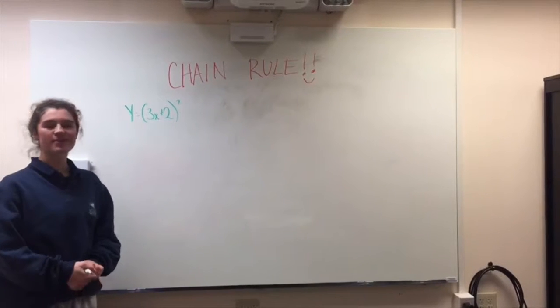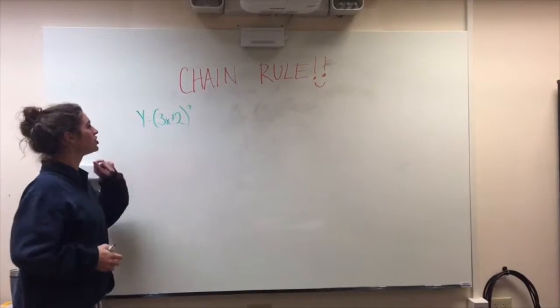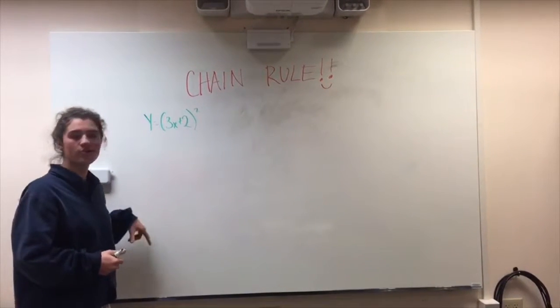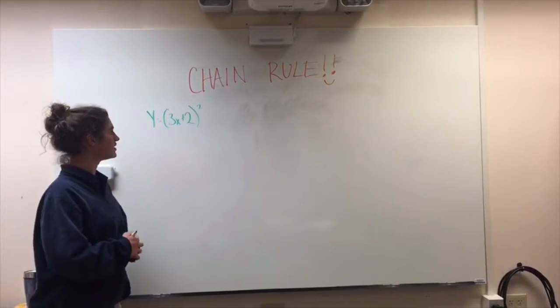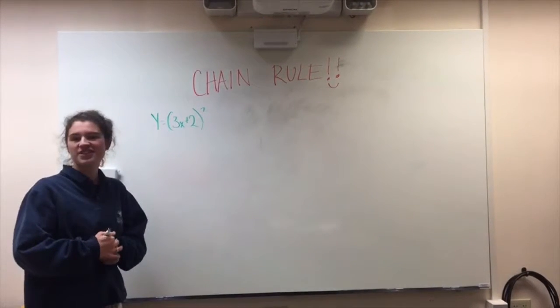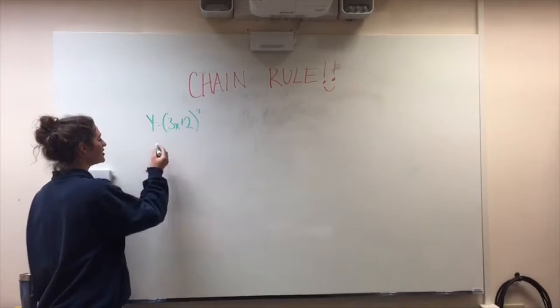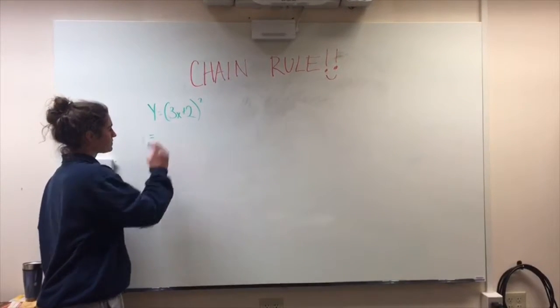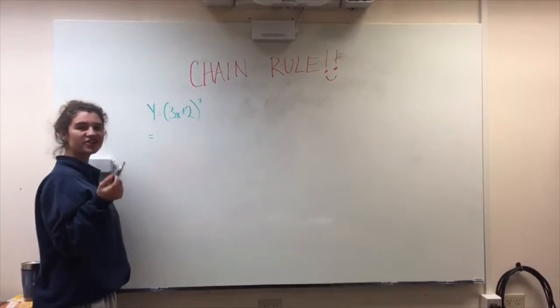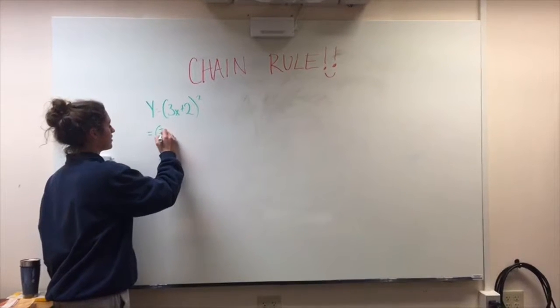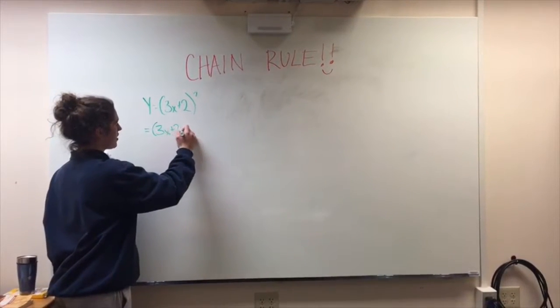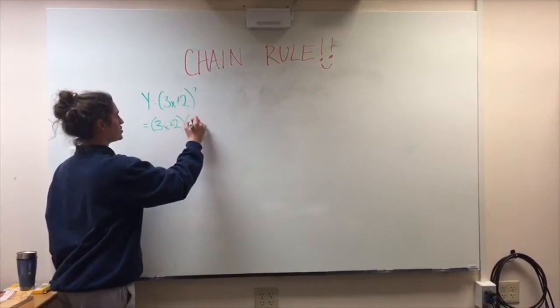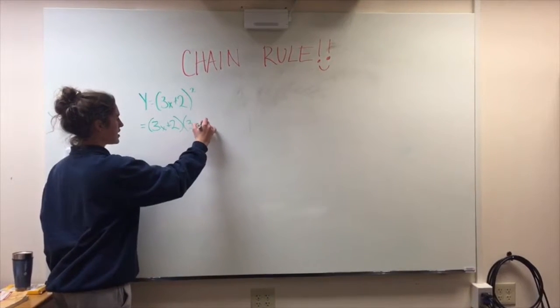Okay, perfect. Hey guys, so today I'm going to be showing you how to use the chain rule, but first I'm going to show you other methods to find the derivative, and then we'll work our way up to the chain rule. So first we're going to distribute and FOIL. So we know because it's squared, we can write (3x+2) squared like this, and then